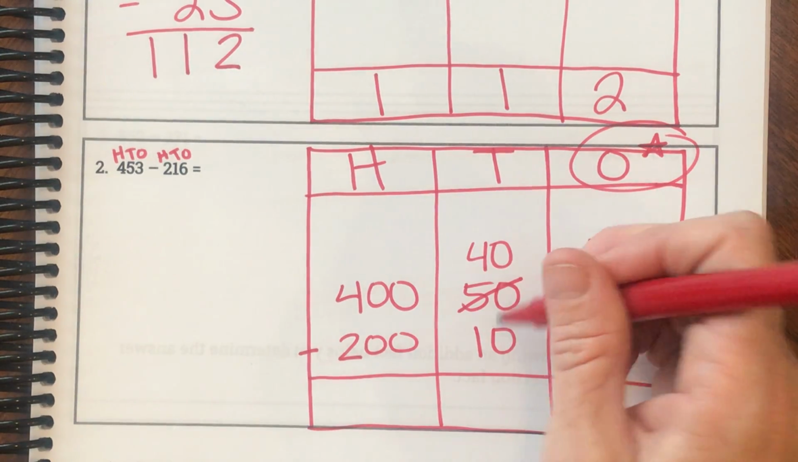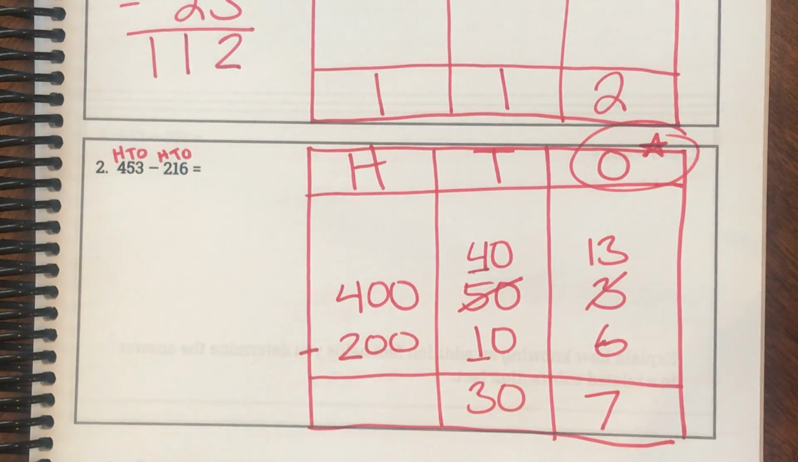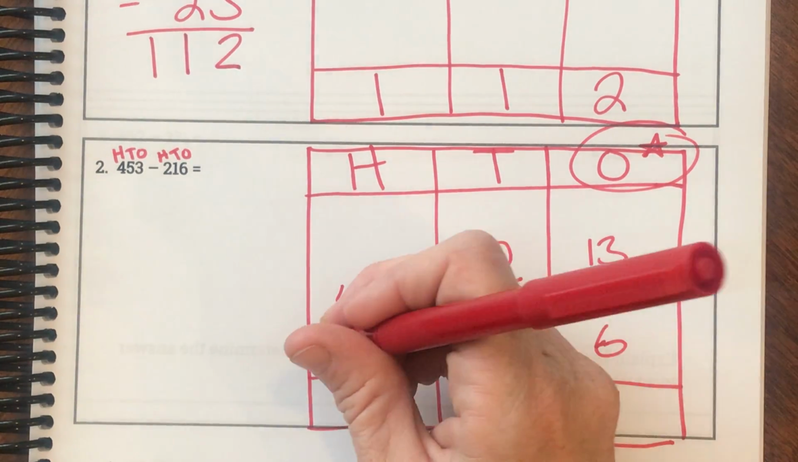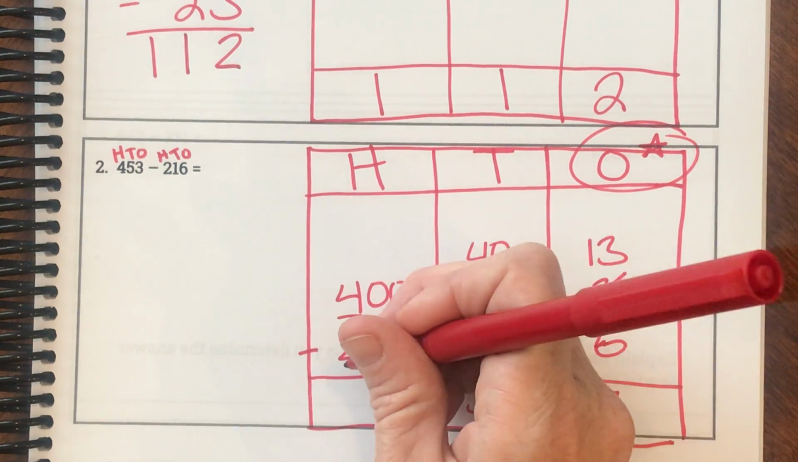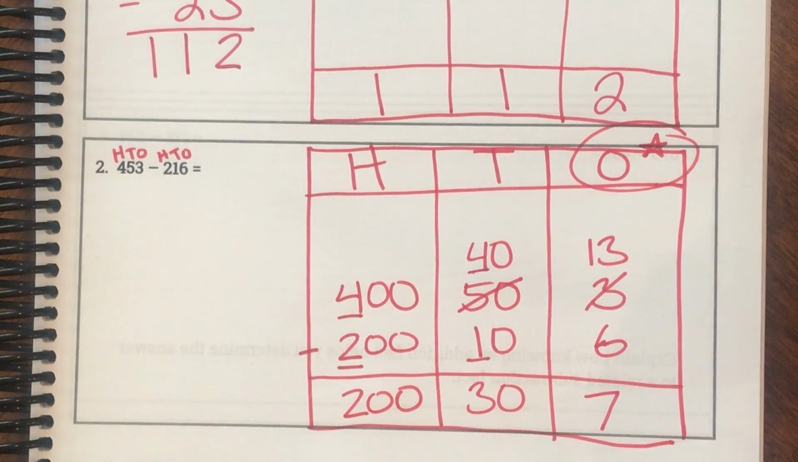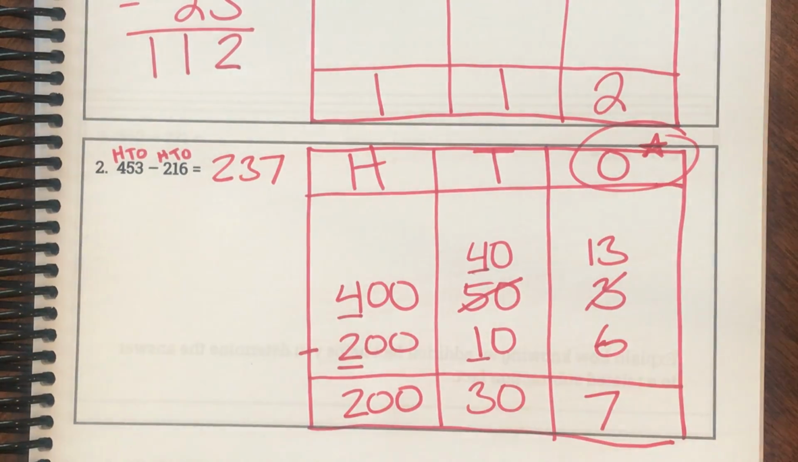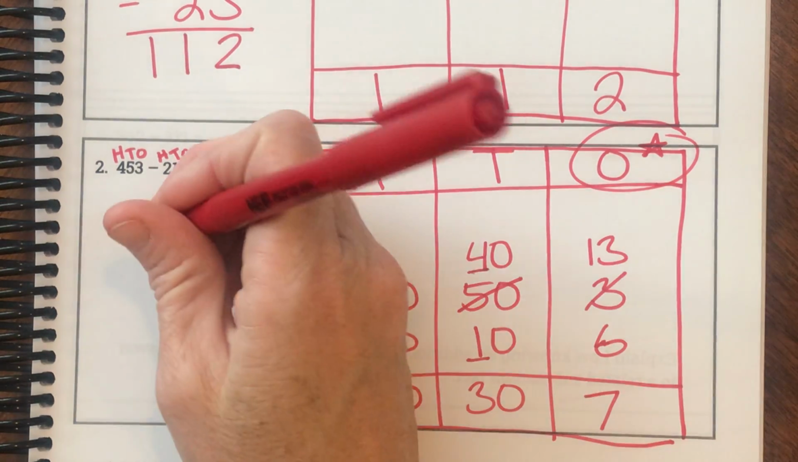40 subtract 10, or 4 tens take away 1 ten, is 30. And 400 subtract 200, or 400s take away 200s is 200. So our difference is 237. Okay, in working form, I'm going to write my minuend,